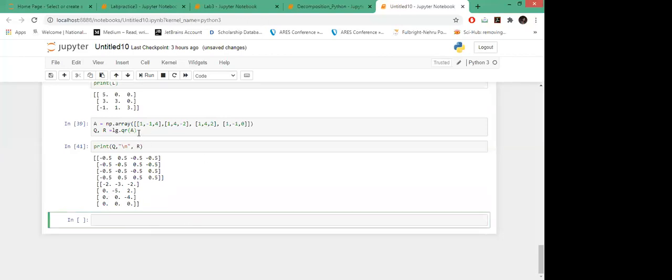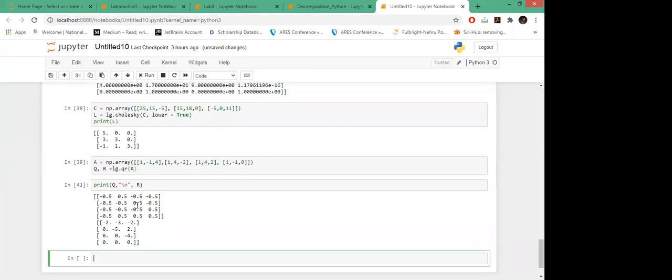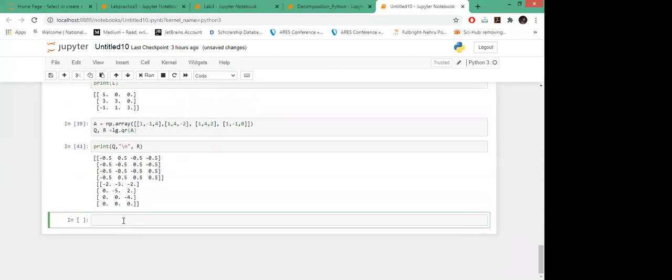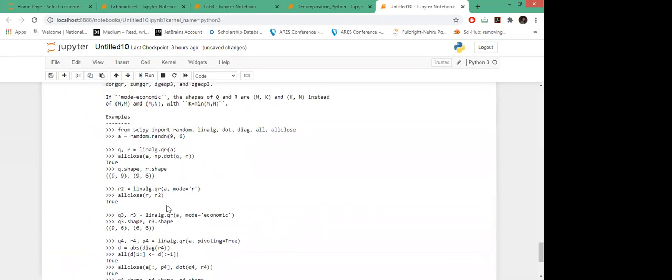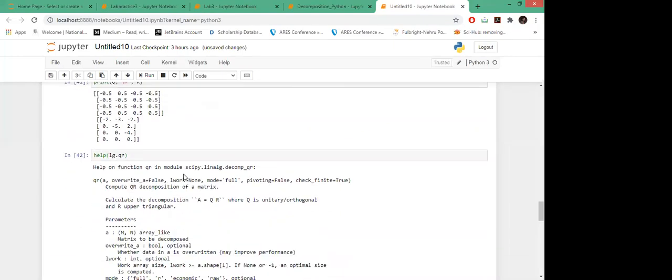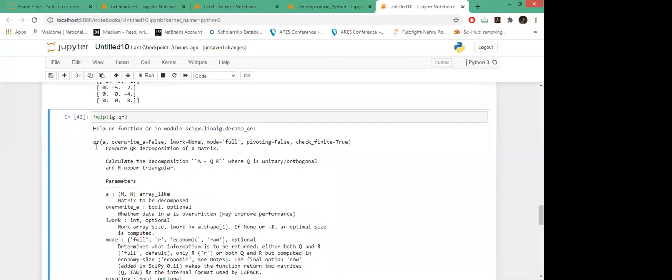These are direct, you just need to know the function, or the library where it is defined, and the function related to that. You can always use the help command if you want to know how these functions are defined. The help command is very helpful. Everything given in the Python documentation is described here. This is the function QR in our module. It gives the function name with the parameters, and also what other parameters you can pass and change.